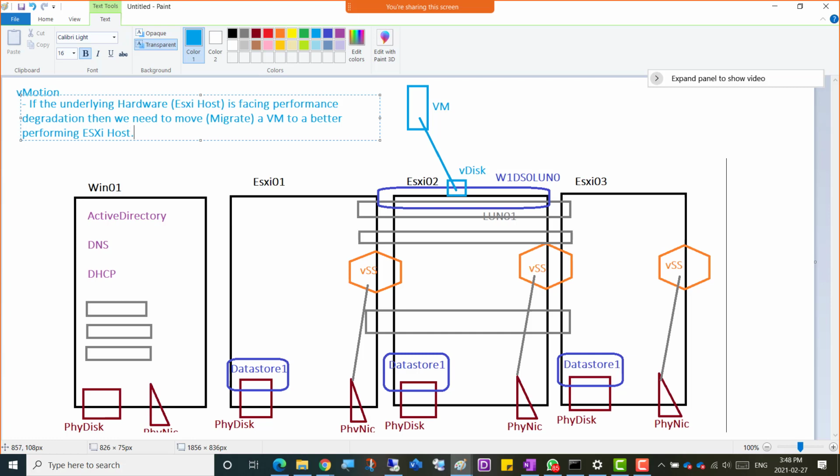So you would need to move a virtual machine from one host to another if the host is facing performance degradation,